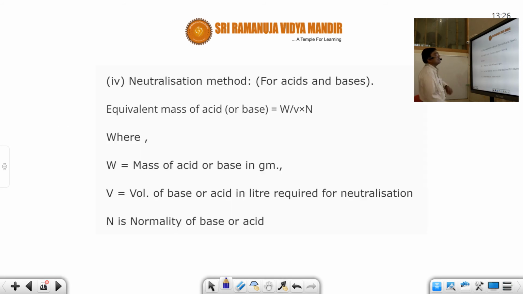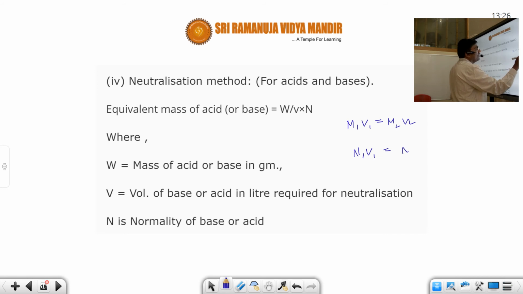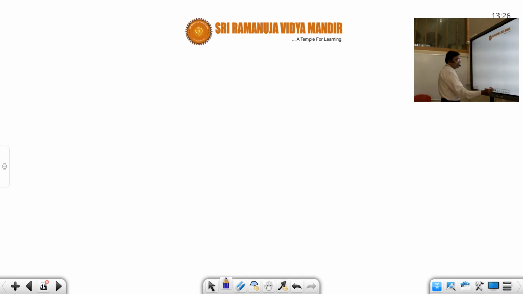Now let us see other methods also. Neutralization method. The neutralization method you have already seen. M1V1 is equal to M2V2, or N1V1 is equal to N2V2. Now in these questions I would like to tell you something else. You know, students, normality is equal to weight by equivalent weight into 1000 by volume in ml. Now try to understand, students, here. Normality is equal to,